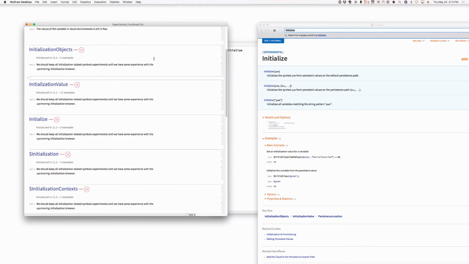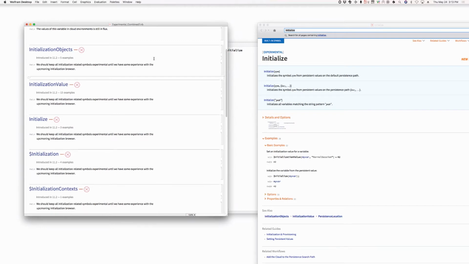Do we have a modified initialization browser? I'm working on it, and within the next few weeks, I should be able to present it. The design is not difficult, but it requires some thought about the UX. For example, do we want to put it into the system preferences, or do we want to keep it separate, or things like that?